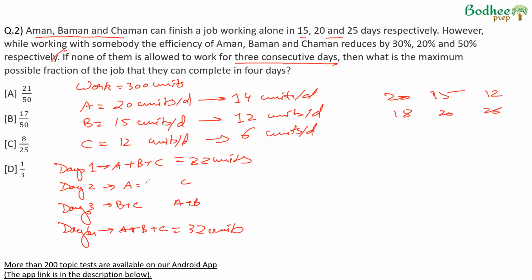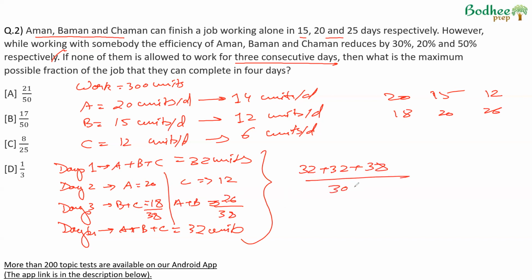In both cases, here the amount of work will be 20 because when A works alone, we'll do 20 units. B and C working together, we'll do the reduced efficiency, that is 18. So 38 units gets done. If C is working alone, C will do normal efficiency, it is 12. A and B will work on reduced efficiency, which is 14 plus 12, 26. So again, 38 units of work gets done. So the maximum amount of work that can get done is 32 plus 32 plus 38